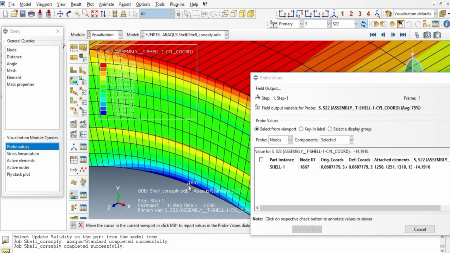Then go for the sigma theta at the same locations.